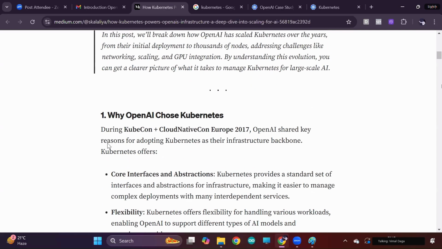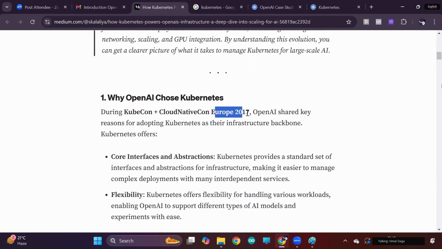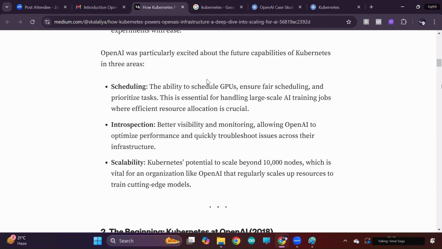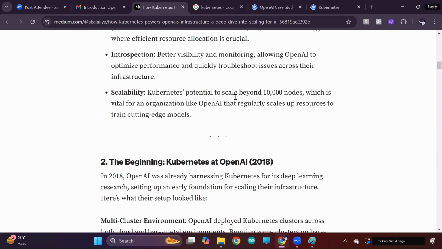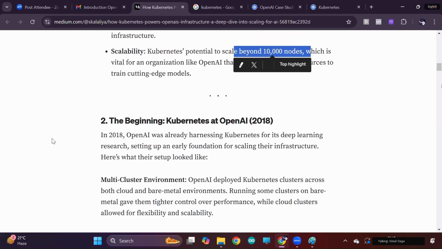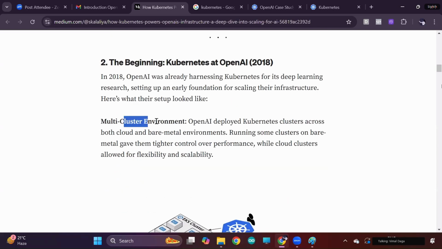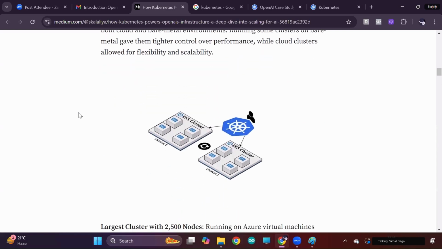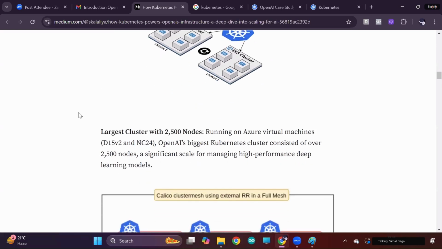And if you quickly check, they started in 2017 when they used Kubernetes for some purposes, and scaling and scheduling thousands of nodes behind the scenes. Because of Kubernetes, it scales very fast. I just wanted to tell you how powerful Kubernetes is. They use a multi-cluster environment in OpenAI with Kubernetes